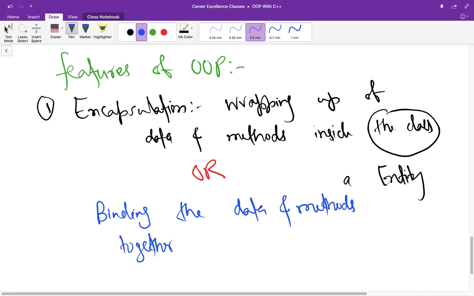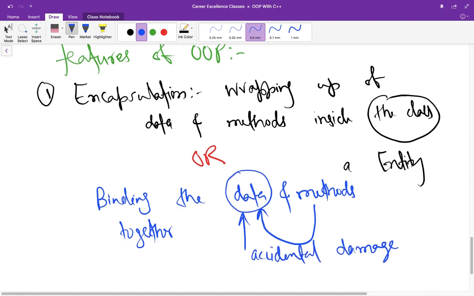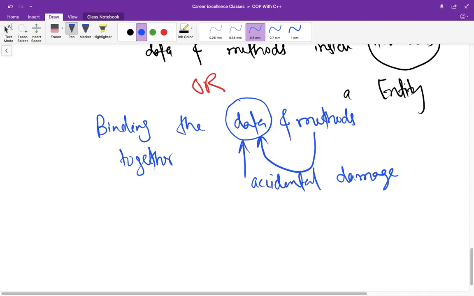so that these methods can manipulate the data, and this data can be kept safe from outside interference or misuse. And it also makes sure that this data will be kept safe from accidental damage. So the point is that you can manipulate the data using only internal methods.